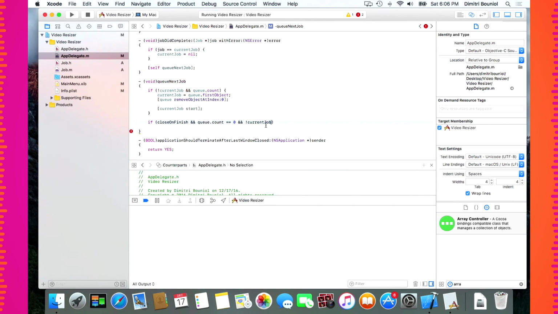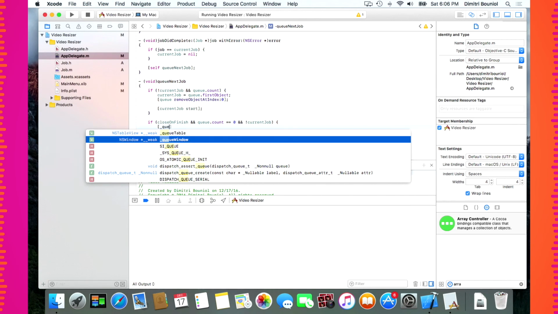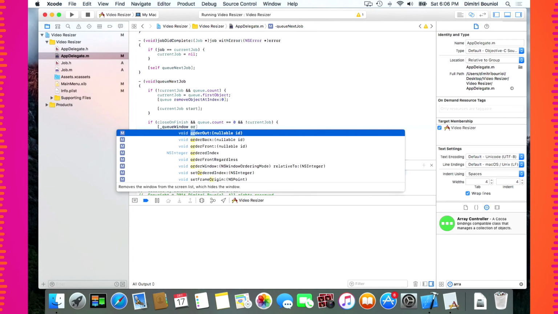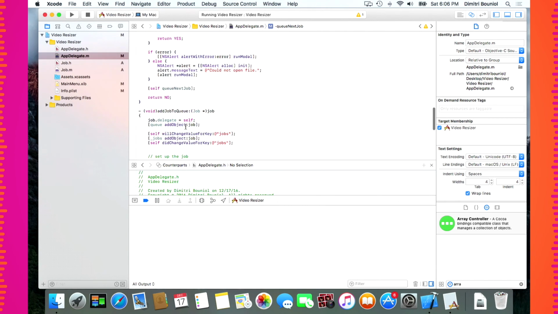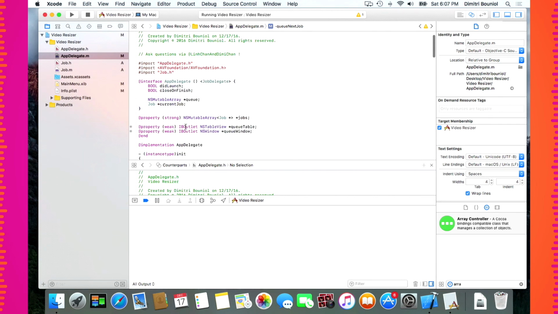So since we don't have a current job and there's nothing left in the queue, and we're set to close on finish, we should close our queue window, and that will in turn close the application. So here we can very easily say queue window order out, and that's just going to close it, and we don't have to specify anything for the sender since it says it's nullable. And that will close our queue window and clean everything up. And I believe that will be it for most of the queue management,